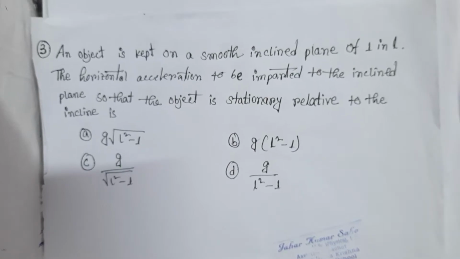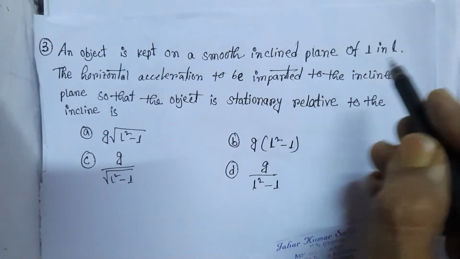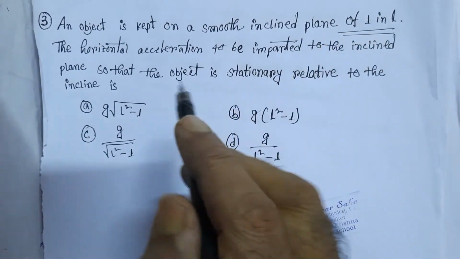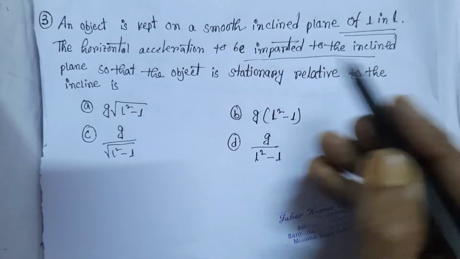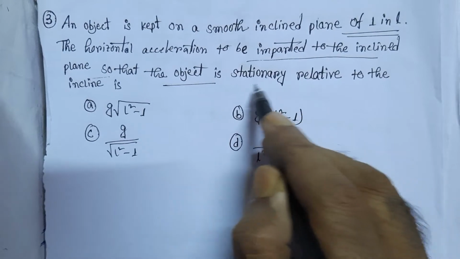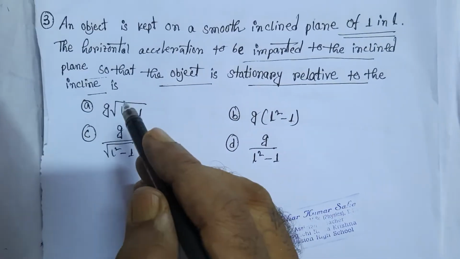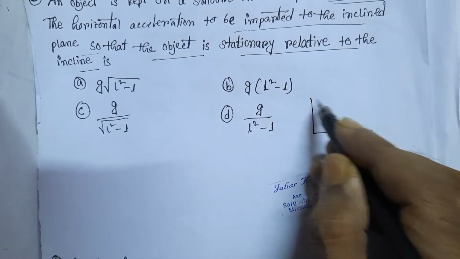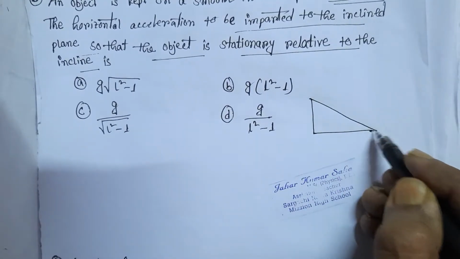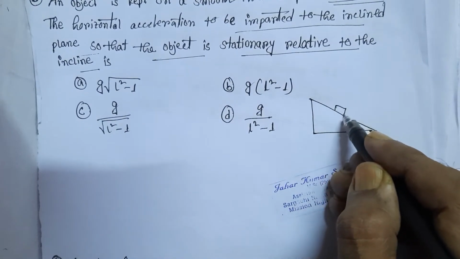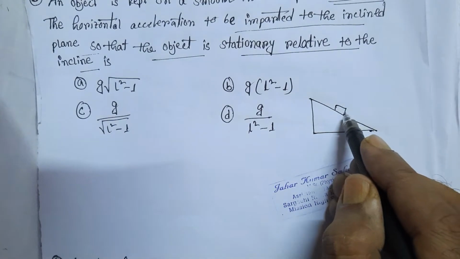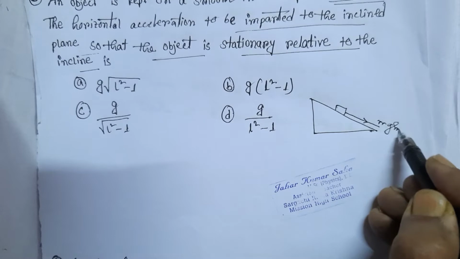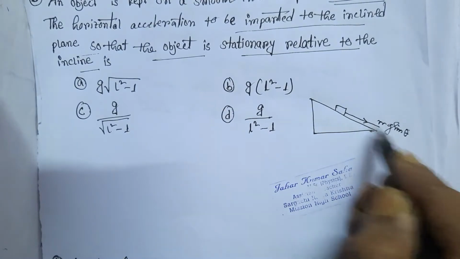An object is kept on a smooth inclined plane of 1 in L. Find the horizontal acceleration to be imparted to the inclined plane so that the object is stationary relative to the incline. Now, here is the inclined plane, and an object is here, and the object would slide down the plane due to the component of weight, that is mg sin